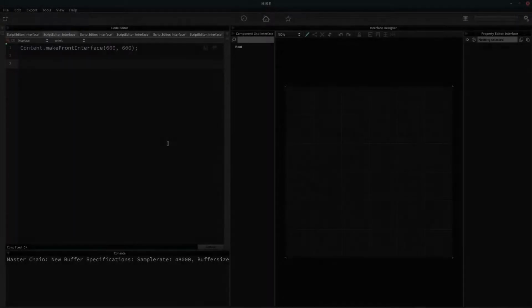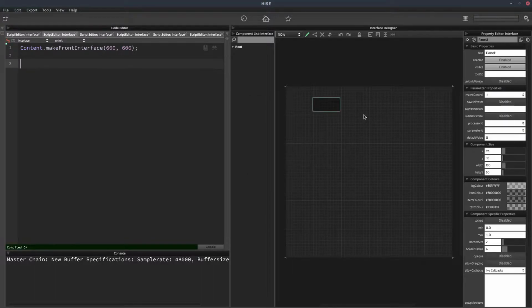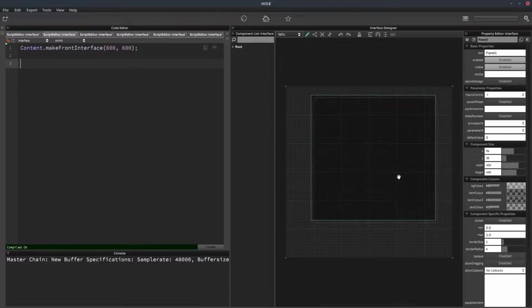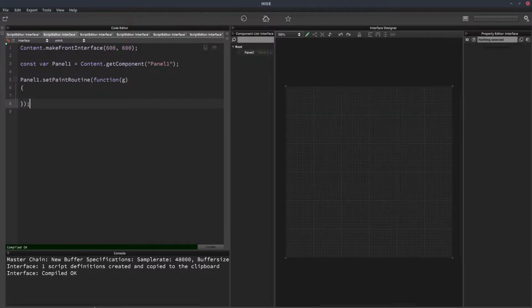I'd like to show you a function that I only recently became aware of, but I think it's a really useful function for when we're doing paint routines with panels. So let's add a panel to this interface. And we'll get a reference to it. And we'll declare a paint routine. And now I'll hit F5 and the panel will vanish because it's expecting us to draw it in the paint